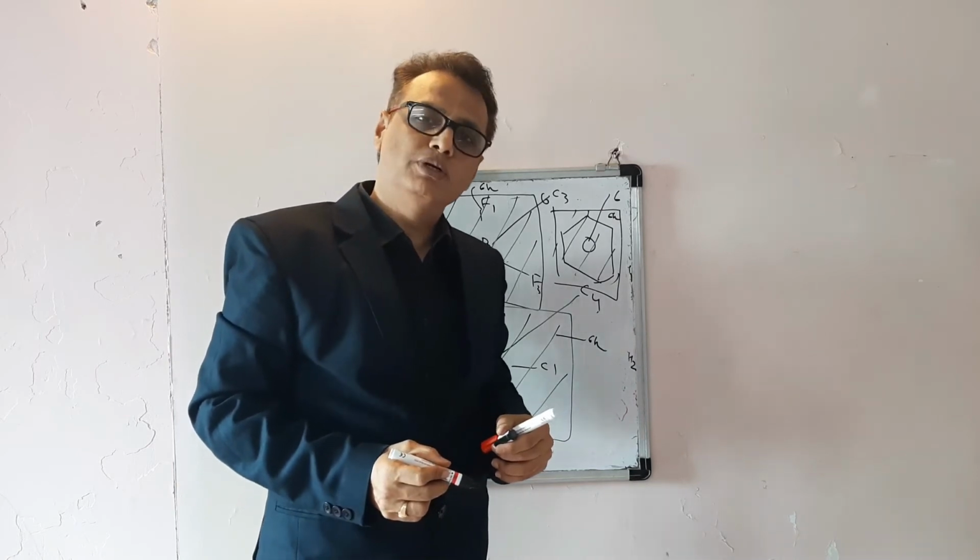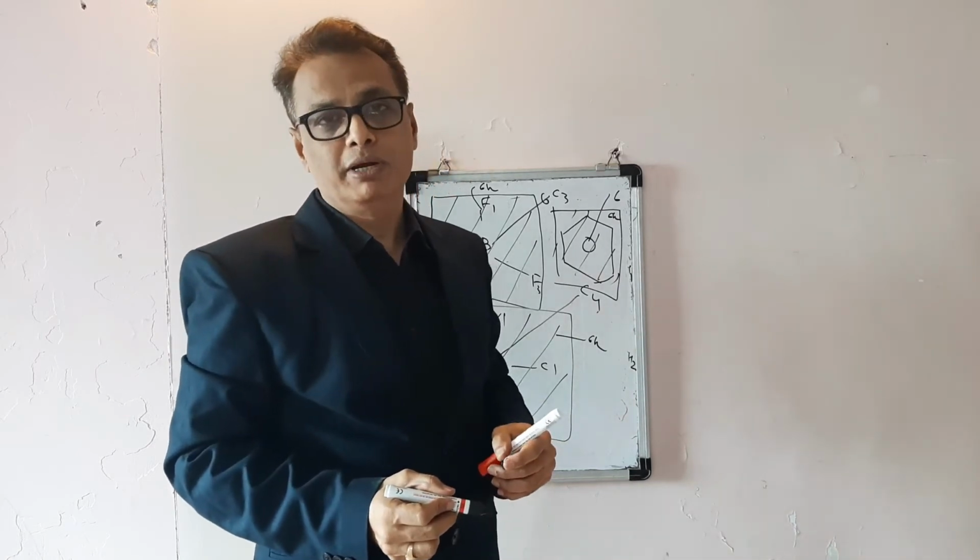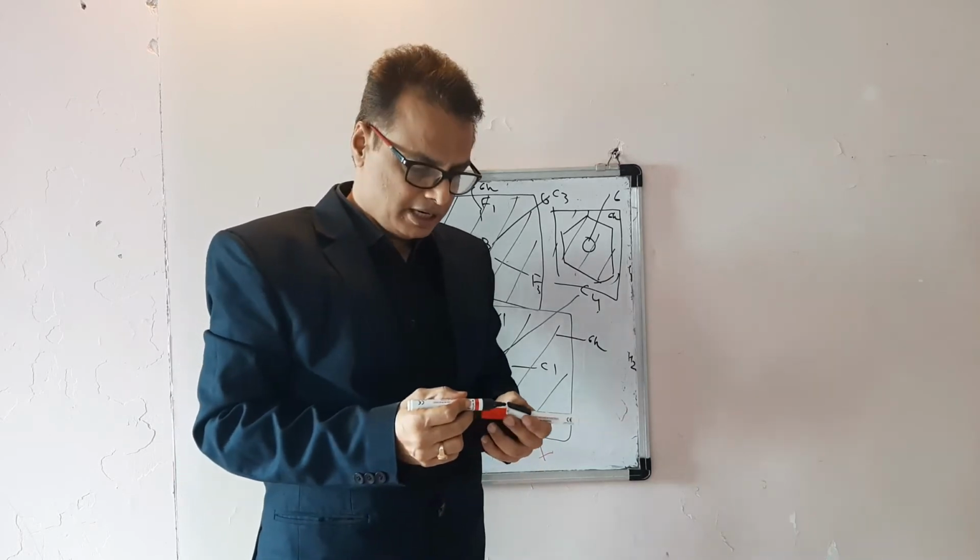Now friends, we are going to discuss the dihedral plane of symmetry. A dihedral plane of symmetry is defined as a vertical plane which bisects two perpendicular C2 axes and may contain a minimum number of atoms. I am repeating, a vertical plane which bisects two perpendicular C2 axes and may contain a minimum number of atoms is known as a dihedral plane of symmetry. It can be explained by taking the example of benzene and PtCl4.